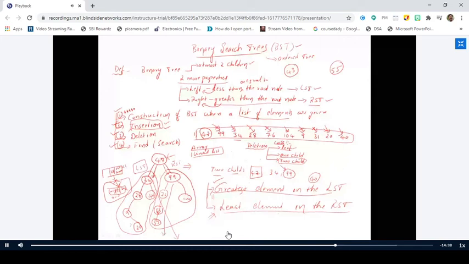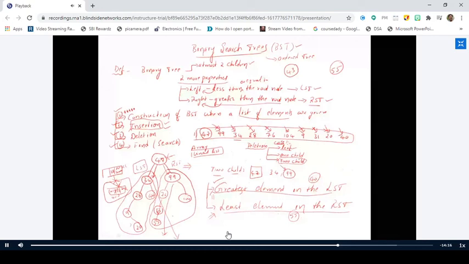What is the deep left element of the right subtree? 55, sir. It is 50. I see. So you have identified these two elements. Either you can replace 47 with 40, or you can replace the 55 with 47. Right. So how do you identify? How do you replace it?